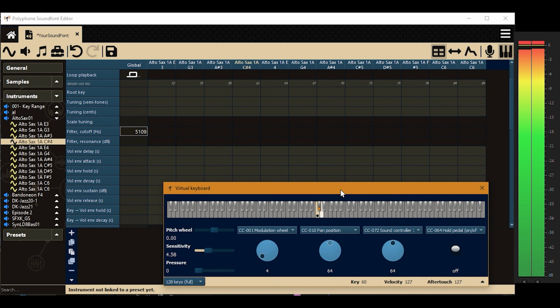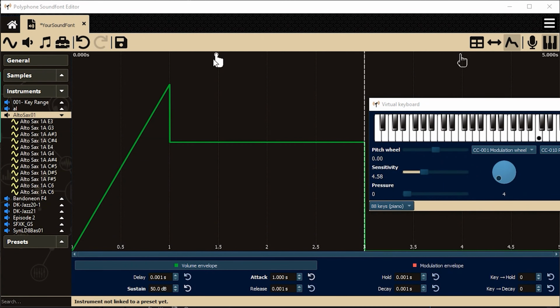Attack takes place as the synth receives a note on event or as we hit a key. This is a sort of quick fade in, and we can set how long or short it should be. In the attack period, the sample would fade into its full intensity regardless of the sustain value. For instance, a saxophone would show a shorter attack as the player blows into it, whereas a common synth pad or some bowed glass would spend a longer attack time.